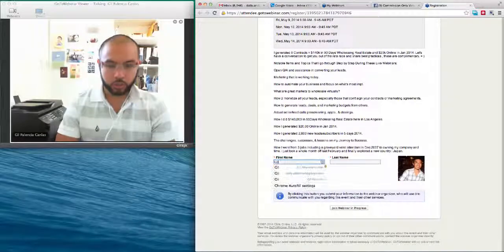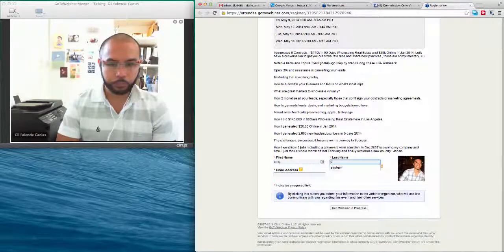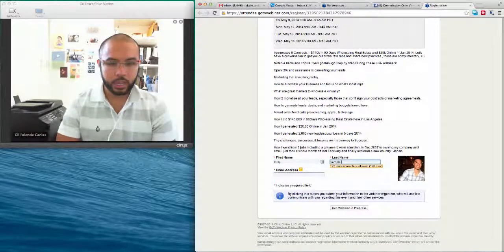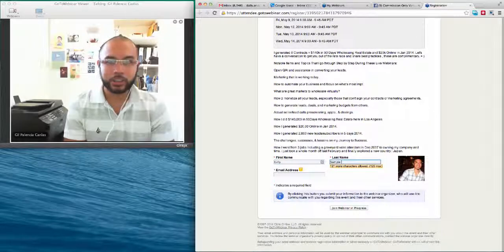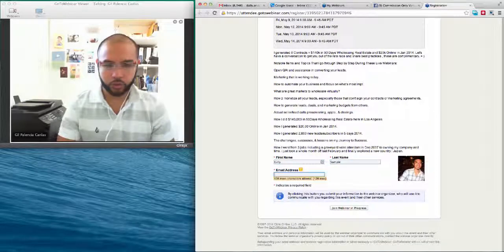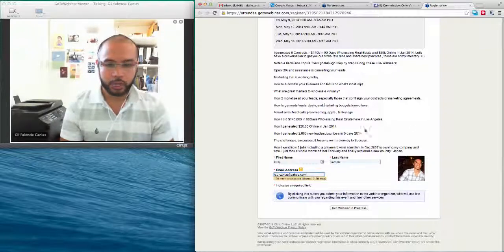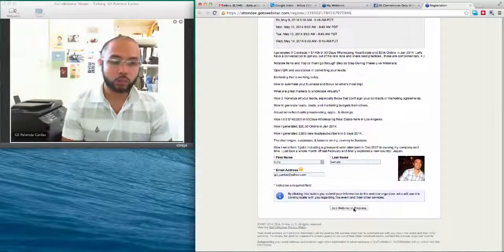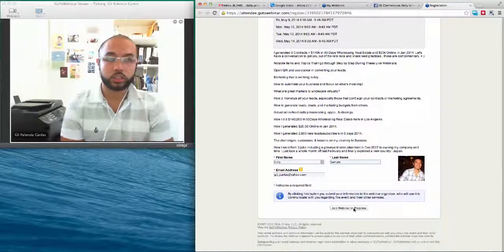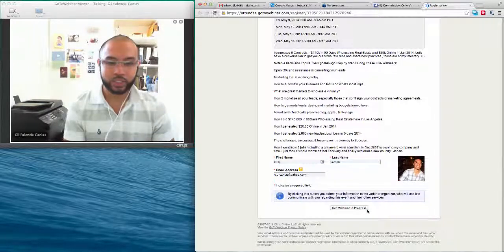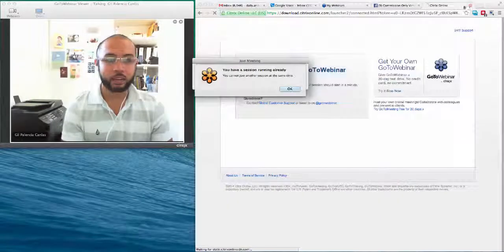Now, you're going to enter your first name and last name. I definitely appreciate it if you enter a last name so we can effectively add you to our contacts. And you're going to enter an email address. In this case, I'm going to use one of my email accounts. Normally this would say register, but since the session is currently live, it says join webinar in progress.